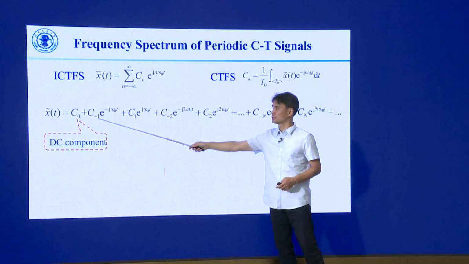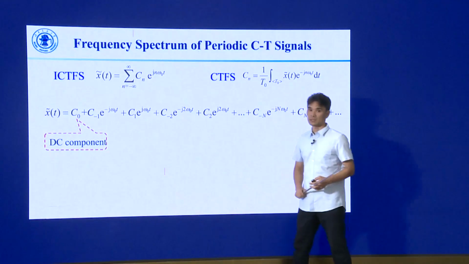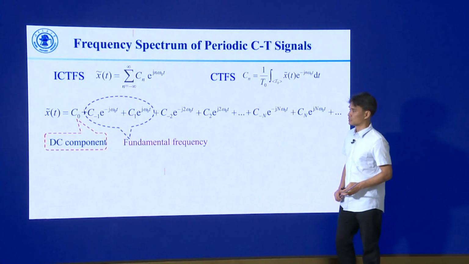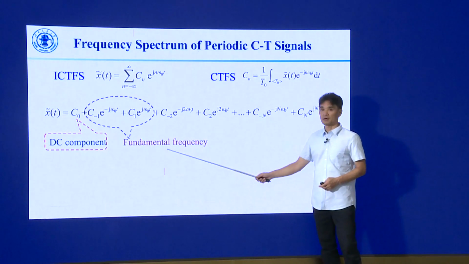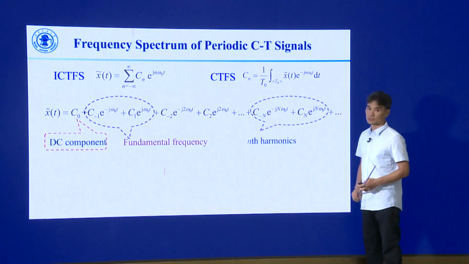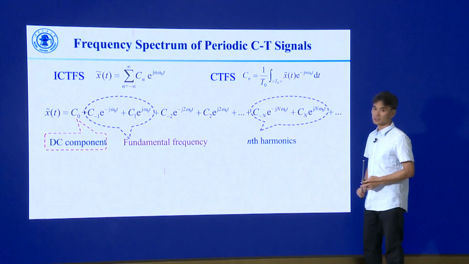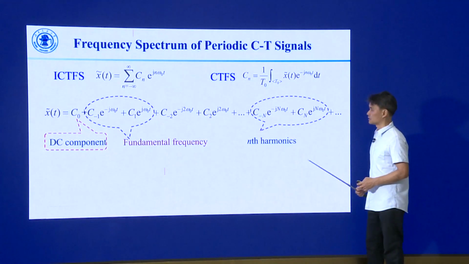And these two terms, n equal to -1 and +1, are both called the first harmonic or the fundamental frequency component. While for the other terms, for example, when n equal to capital N, either negative or positive, they are both